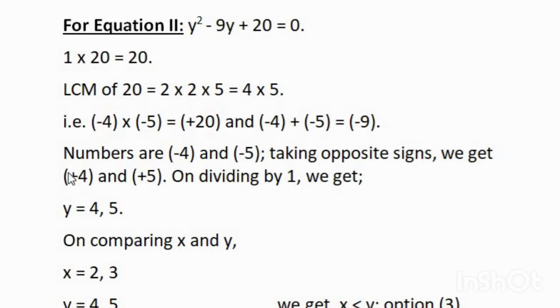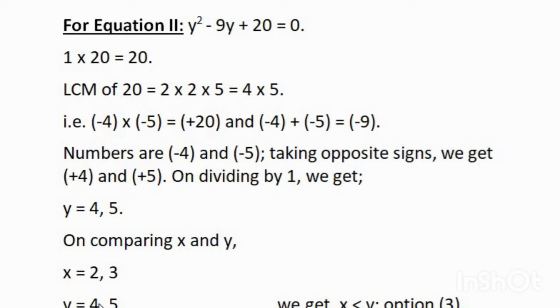Taking opposite signs, we get plus 4 and plus 5. And on dividing by the y square term, here it is 1, we will get the same numbers, that is plus 4 and plus 5. So the values of y are 4 and 5. Now comparing these x and y values,